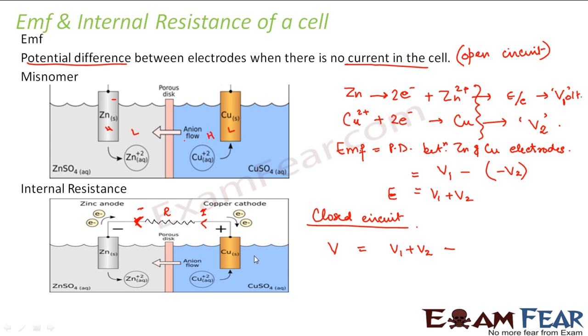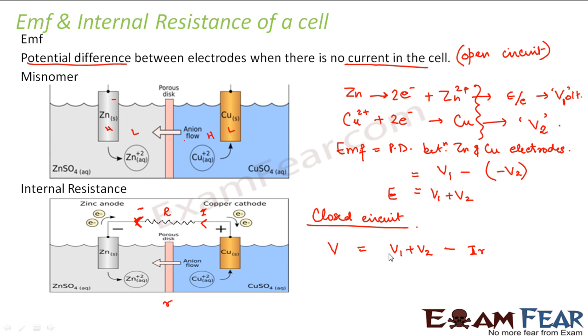the internal resistance. As I told you, this electrode and the electrolyte will offer some resistance when the current flows through it. Till now, we assumed that there was no current flow. So when there was no current flow, there was no resistance offered by the electrolyte. But now when there is current flow, the electrodes and electrolyte will offer some resistance. Let us say that the internal resistance is r. So what will be the voltage drop across this internal resistance? That will be I into r, right?